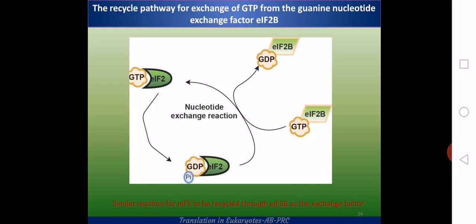There is an internal recycling process also. This is also similar in prokaryotes. There IF2 was recycled. Here also you can see EIF2 will be recycled with the help of EIF2B. That means EIF2 GTP will be reformed, and this is because it is required for further cycles. Then EIF5B also undergoes a similar process of recycling,